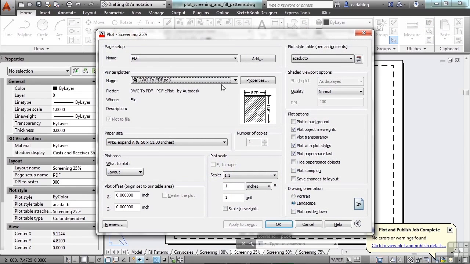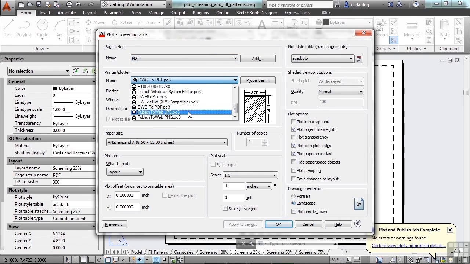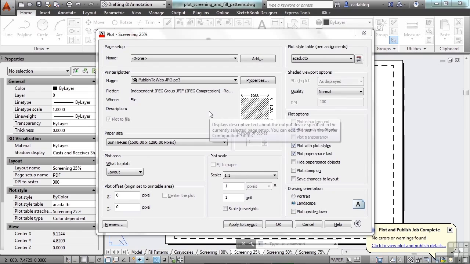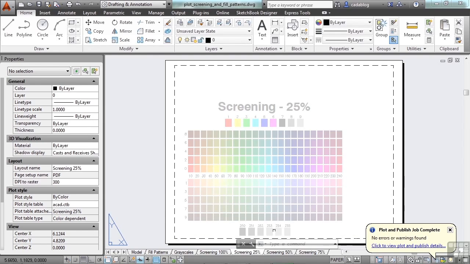I can come in here and I can override any of these at any time as well. Even if it's set to print to the PDF, I can make a change here real quick and print to JPEG. You may have issues with custom paper sizes, but you can pick the one that you want to use and then print away. But having a page setup